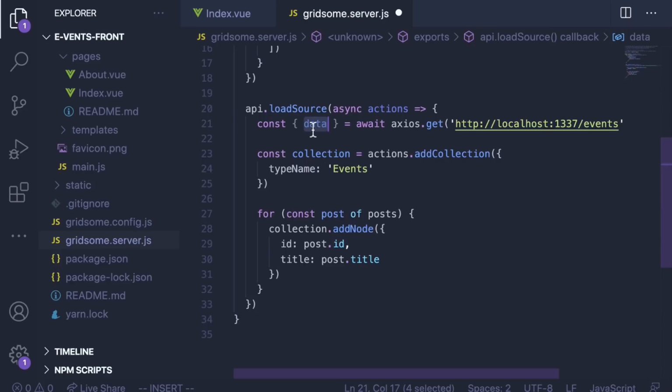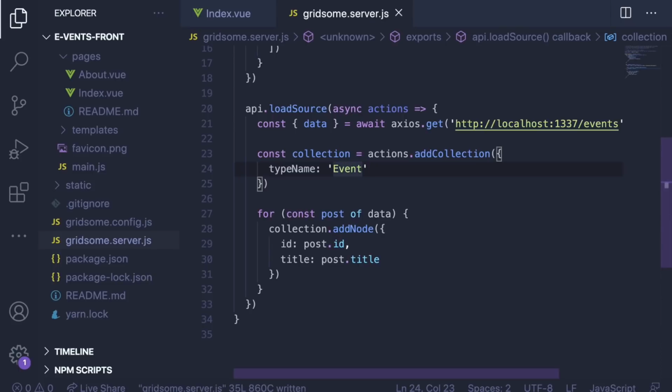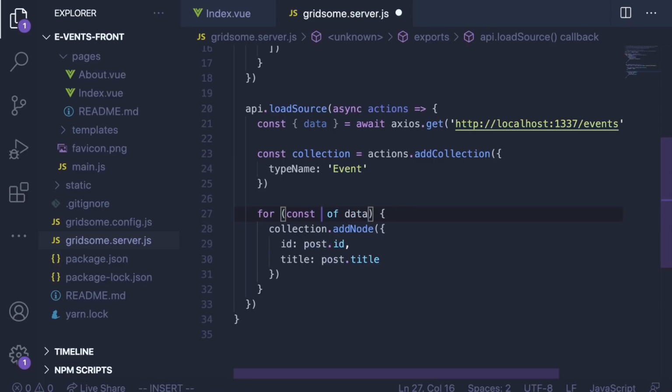So I'm going to loop through data, and actually just as a matter of preference, I'm going to set the type to be singular, and then I'm going to loop through event of data, because data is the array of events that I'm getting back. And then I do